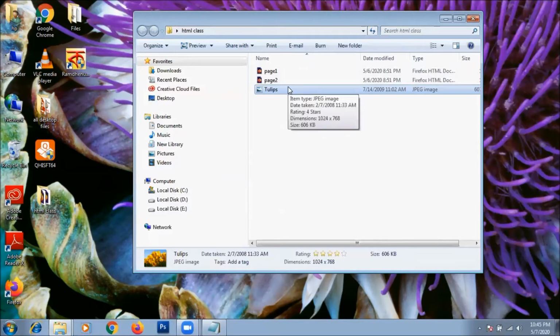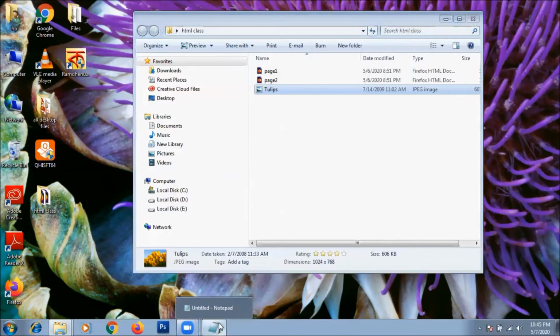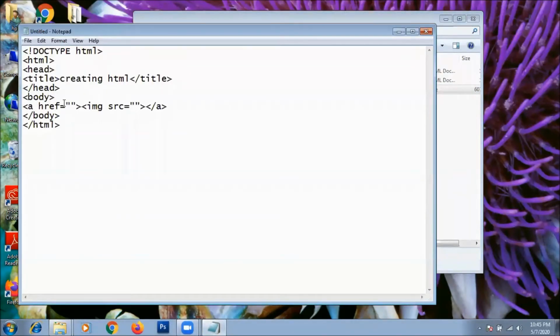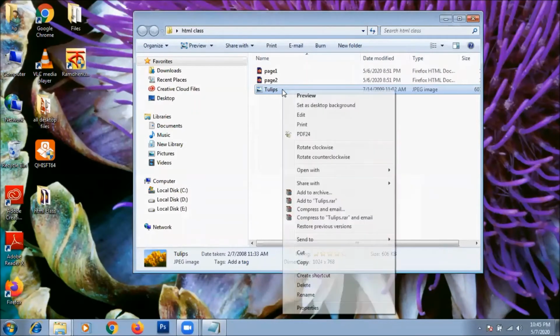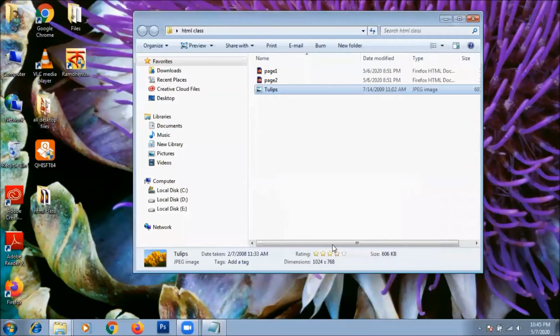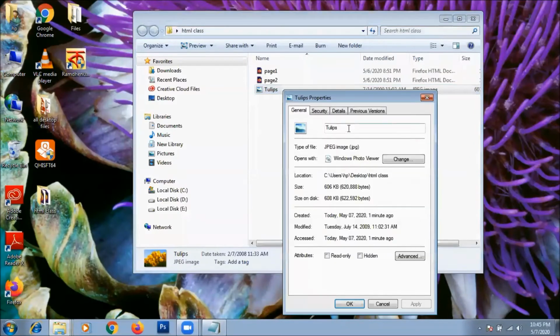Now go to the notepad again and see, here we want the image name. For this, you see the image Tulips. If you go to the properties of the image, you can see that it is a JPG type image.